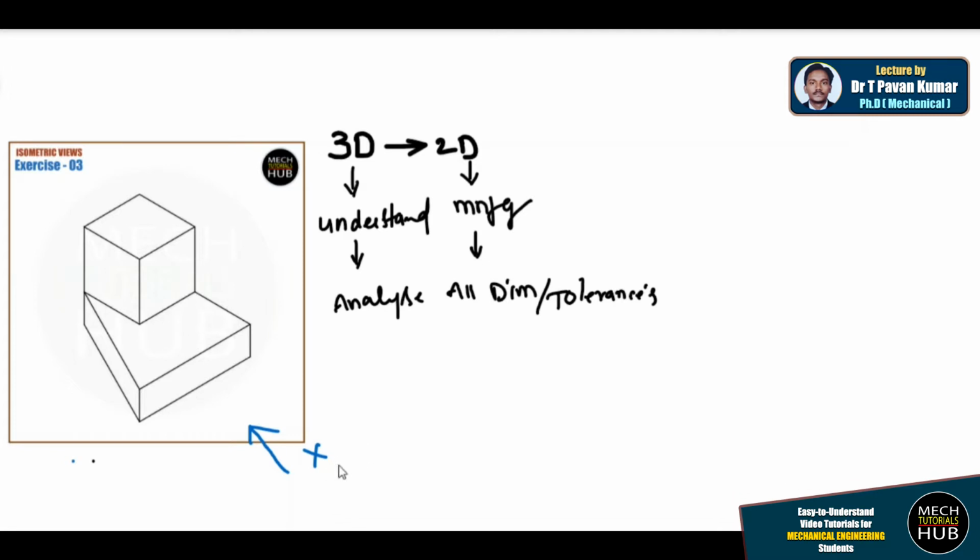When I view from here, we call this the front view, and if I change the position to the top, this is going to be the top view, followed by the side view. The left side view we are going to draw to the right, whatever is visible from the left. If the person is standing here on the left side and watching this particular component, whatever is visible, we are going to draw to the right side.